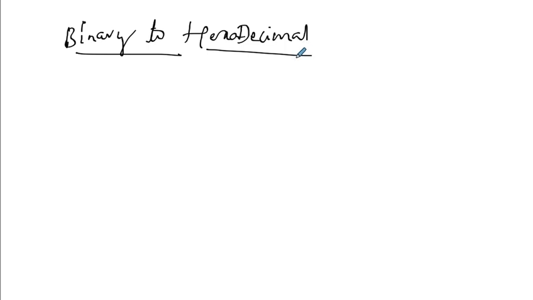For example, say I have the number 10111011, which is a binary number. If you want to convert it into its equivalent hexadecimal number, you know what a hexadecimal number is: the digits go from 0 to 15, and the base is always 16. How do we convert binary to hexadecimal now?